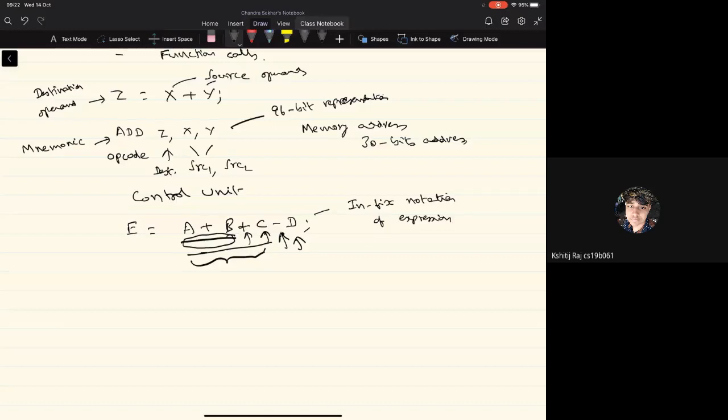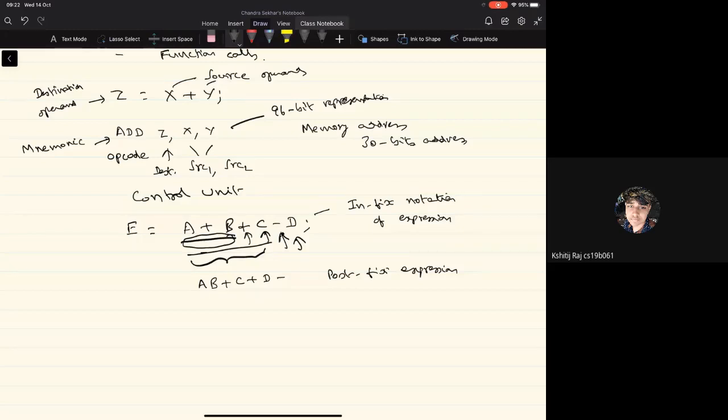I think at least the computer science students know that one can convert the infix notation into what is called the postfix notation. What does the postfix expression indicate? We have the two operands followed by the operator.